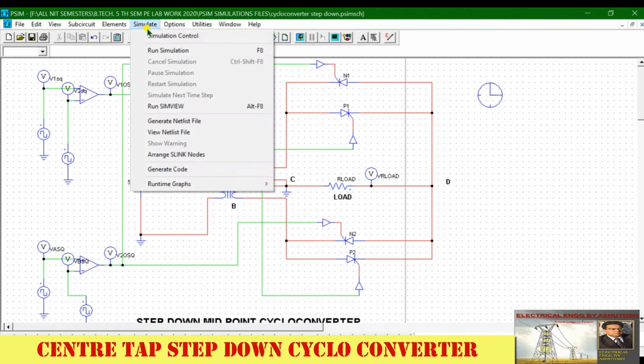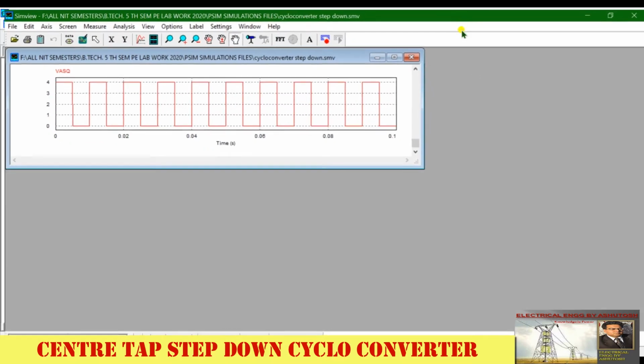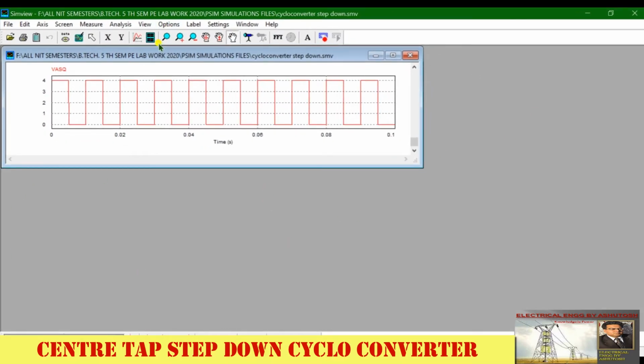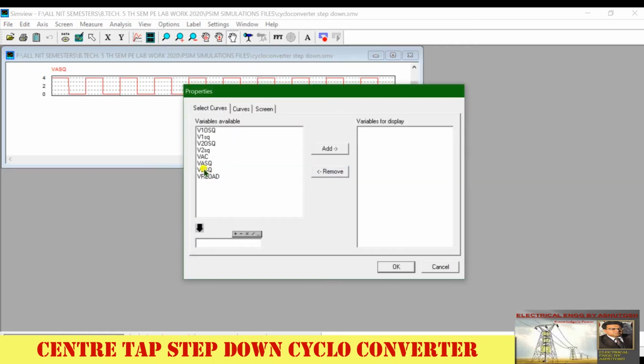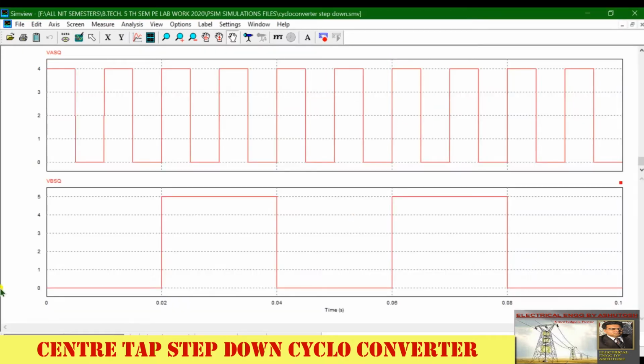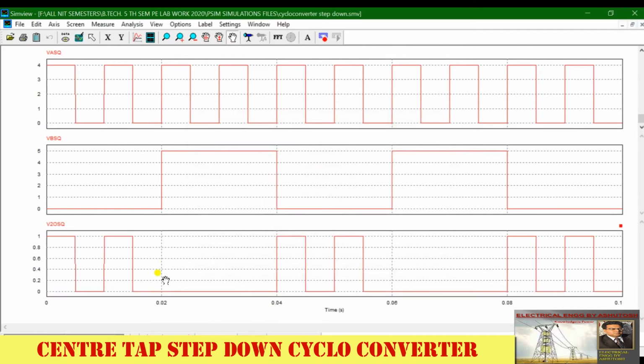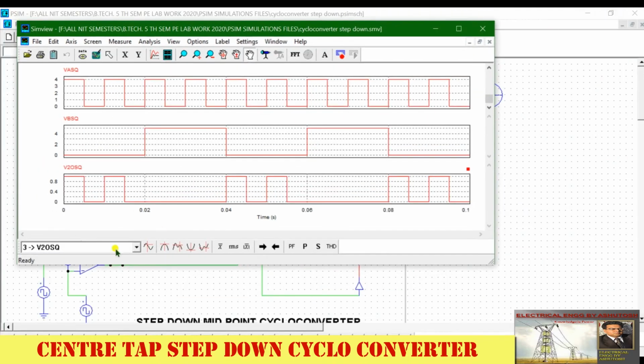So you can see, go to run simulation, then select VA square, this is set. Okay, then again this is at 100 Hertz, then go to VB square, select this, then this is set at 25 Hertz but at phase angle 180 degree delay, then output V2O square, and this is the output. So basically 180 degree phase shift is there, we have provided here.